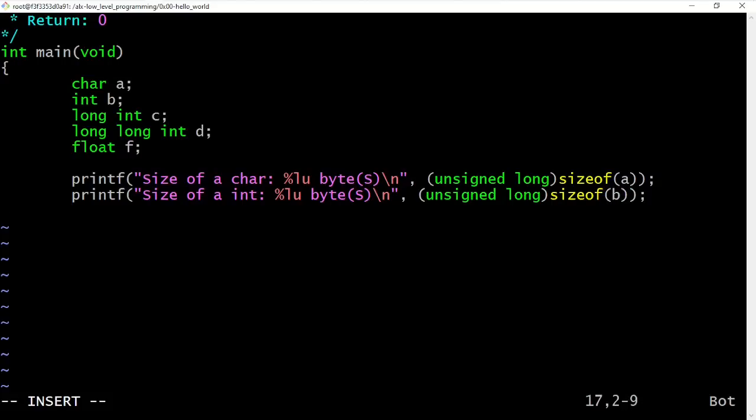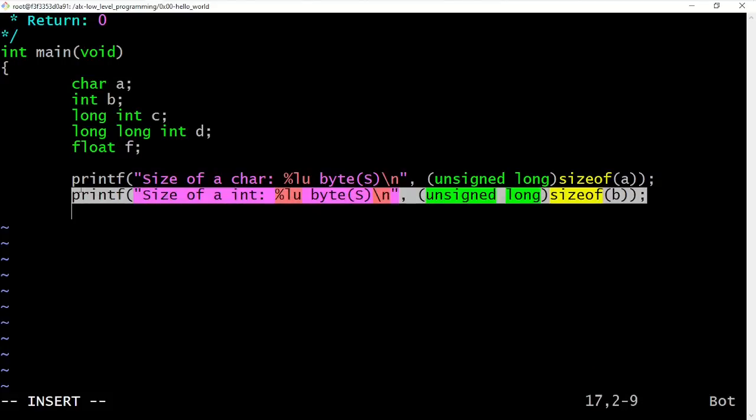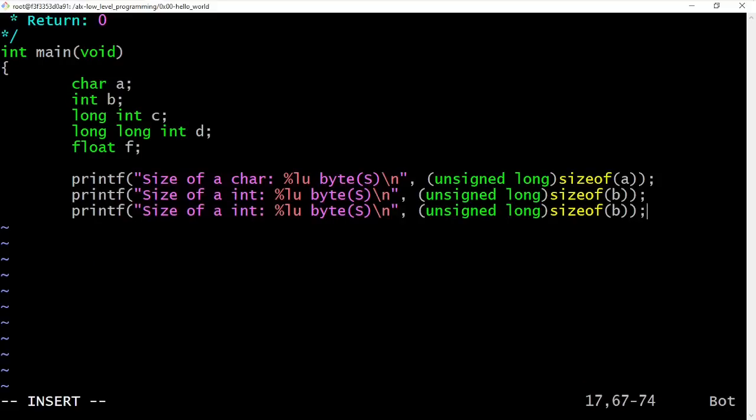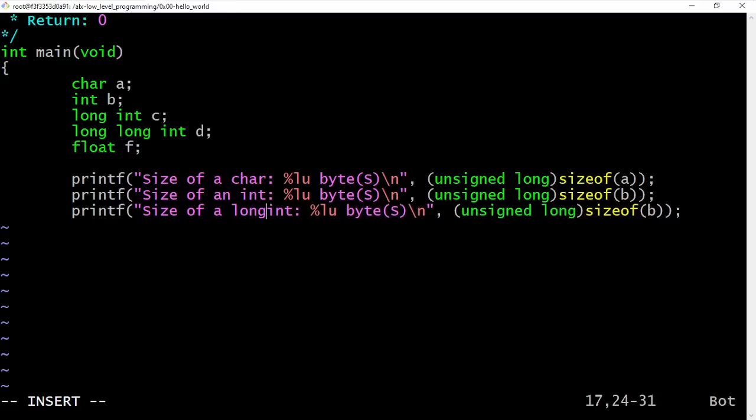I'm going to go ahead and print out this exact same thing and then modify it. So if it's clear, you could go on and modify the rest without looking at this video, and let's see how you are going to do that. So size of a char, size of an int. All right, size of an int. Now size of a long int is,